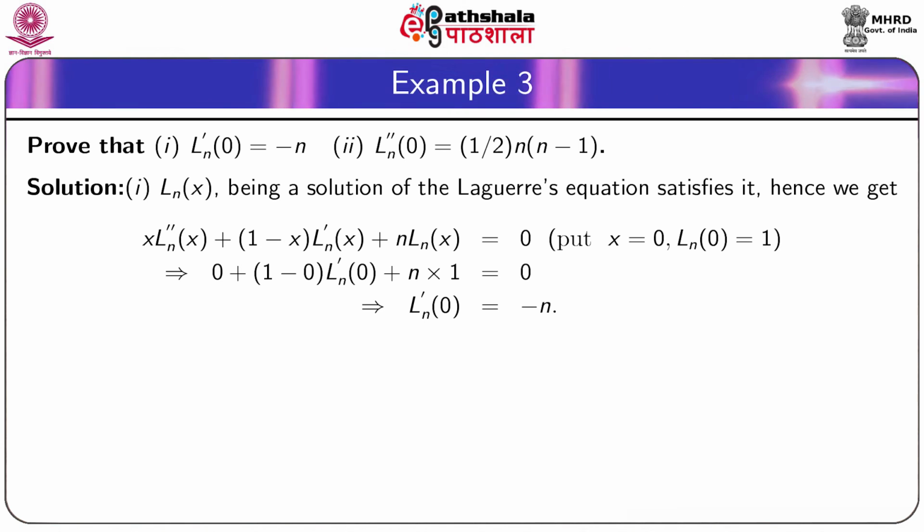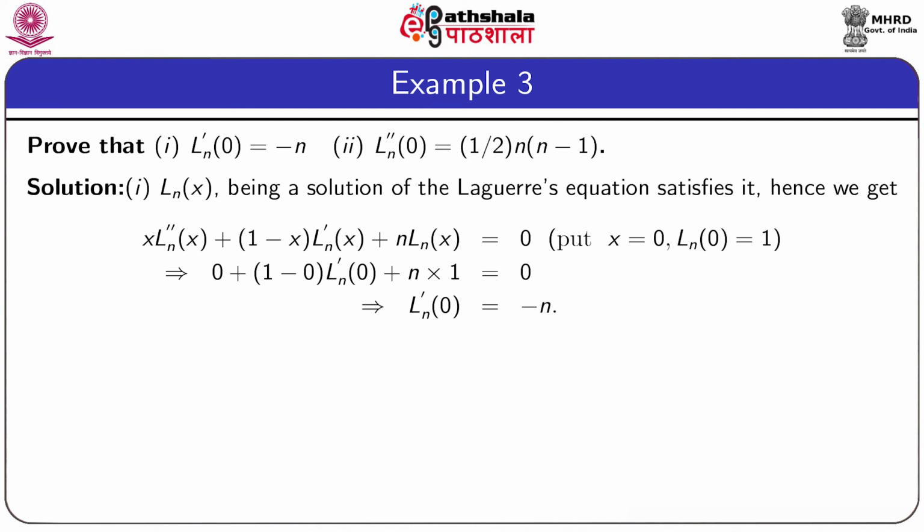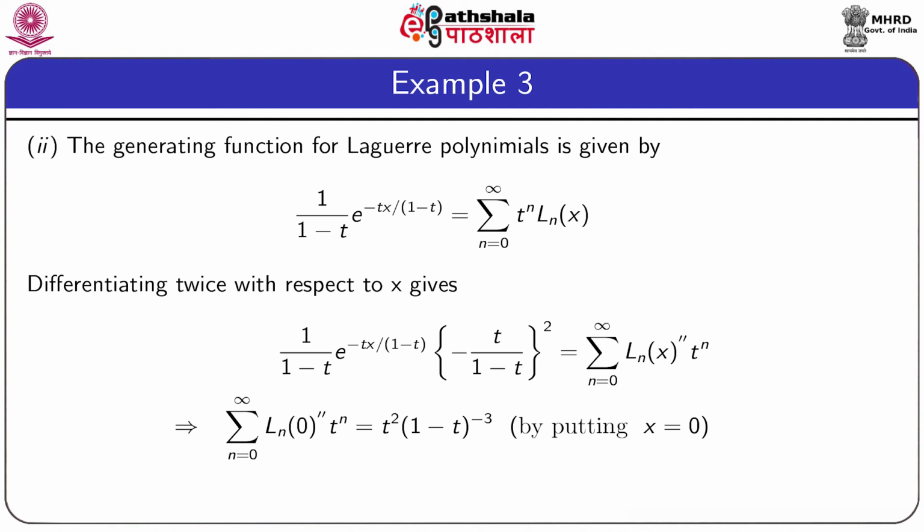Now, we put x equal to 0 and Ln 0 is equal to 1 in this equation, and we will be getting 0 plus 1 minus 0 into Ln dash 0 plus n equal to 0, which gives Ln dash 0 is equal to minus n, which proves the first part of this problem. In the second part of the problem,